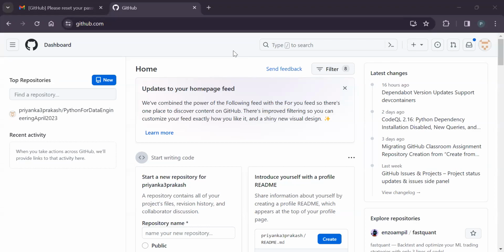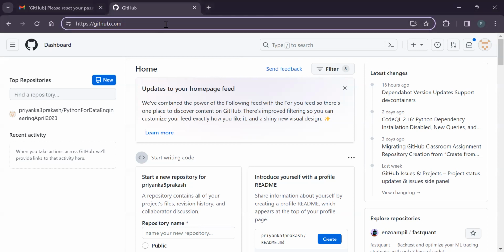So this is github.com. The moment you come, it's a simple sign-on. Once you come, you can create a new repository. Yesterday, I showed you how to do the setup in a local system. Now, why I'm showing this GitHub? As a developer, we should know what is GitHub, what is the development environment, what is the pull, push,